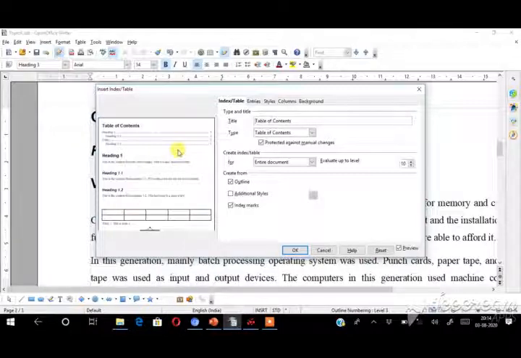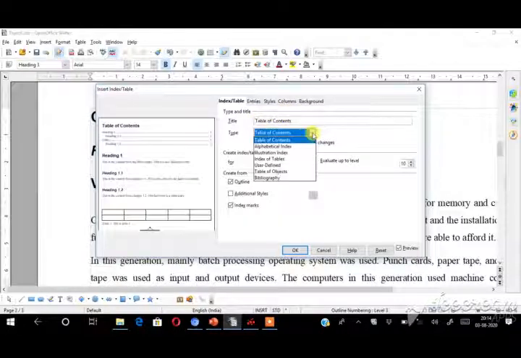Now it has 5 tabs. The first tab is Index/Table. In the first box you have to give the title of your heading. For example, table of content or index. You can give any name in the title box. Suppose I give only table of content.